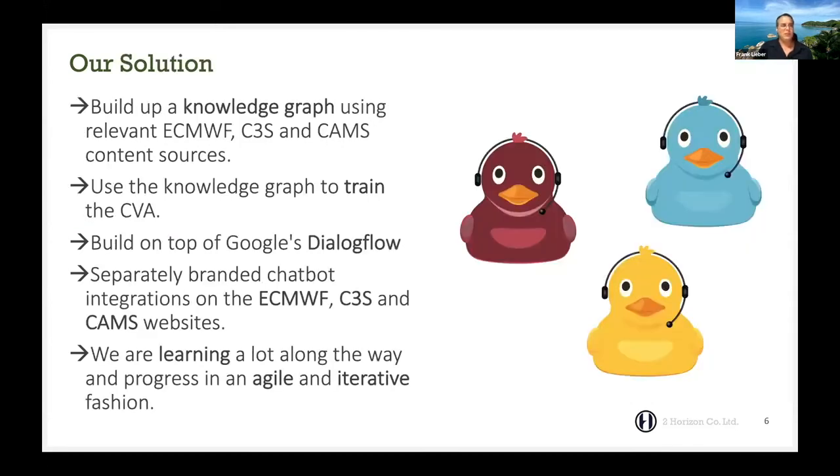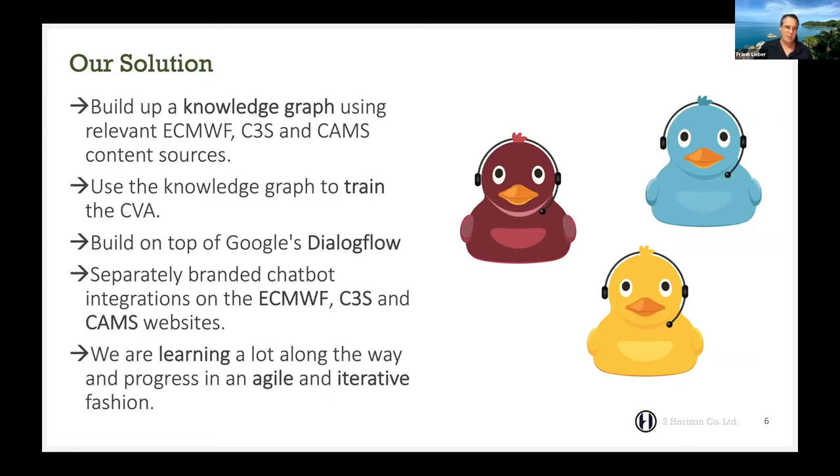So switching over to the solution path we are following: it starts basically with building a knowledge graph of the relevant content sources. And then in the next step, we will make use of this knowledge graph to train the chatbot, the conversational virtual assistant.